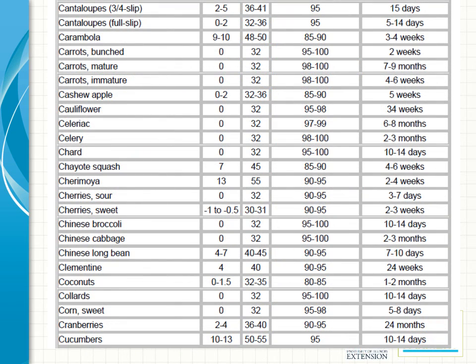Here's another chart that shows basically the same information with the addition of showing what is the relative humidity that we want to store the commodity at. Most produce is going to want to be at somewhere around 90 to 95% relative humidity. And the deal is this: if we have a cooler that is really pretty full, then it's relatively easy to maintain 90 or 95% relative humidity inside that cooler. We've got a lot of produce in there. All of the produce is losing a little bit of water. That little bit of water that it's losing is going to keep our relative humidity up around 95%. But if we just have a few items in the cooler, then we have trouble, and we need to probably think about putting in